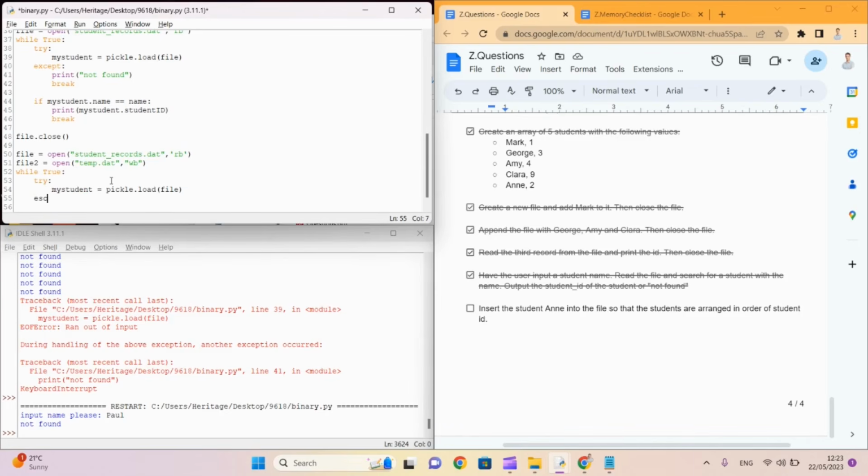And if it does not work, we're going to assume that we're at the end of the file. If we're looking for a specific error, by the way, we can go like this, EOF error. So this is only going to happen when we get an end of file error. If we get an end of file error, it means we've reached the end of the file and we still have not dumped